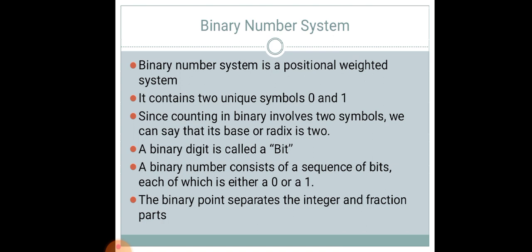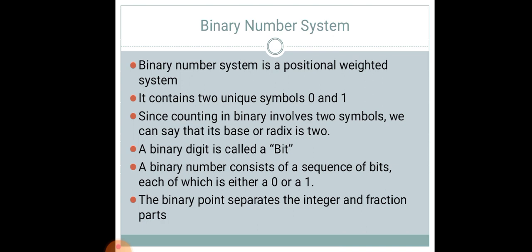If you write your name in your computer, that name is also converted into a series of zeros and ones, because the machine understands only binary level language, and binary level language has only two numbers, that is zero and one. That's why the base of the binary number system is 2, right? It contains only two unique symbols, zero and one, and because of that the base or radix given to this number system is 2.